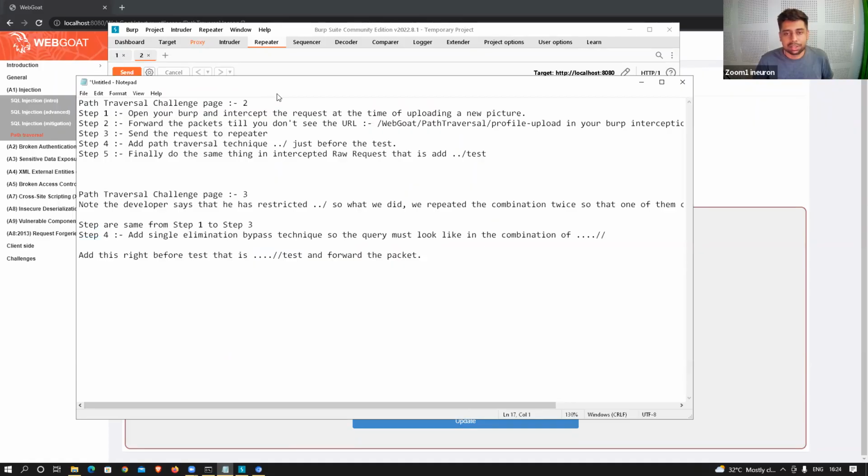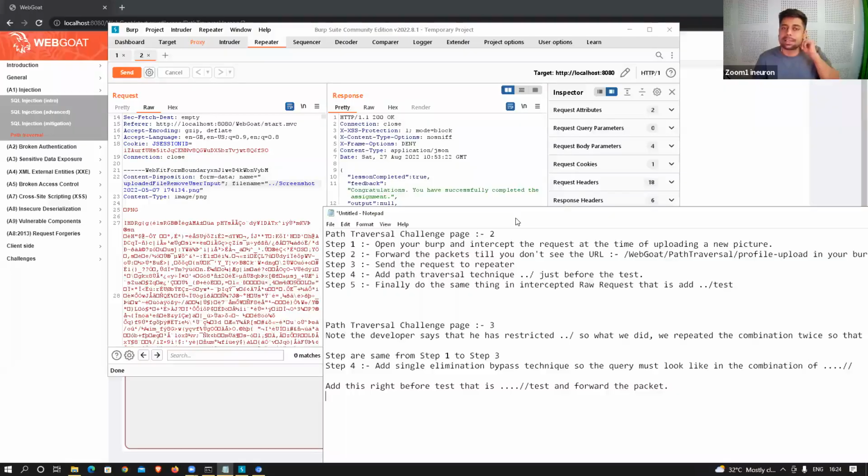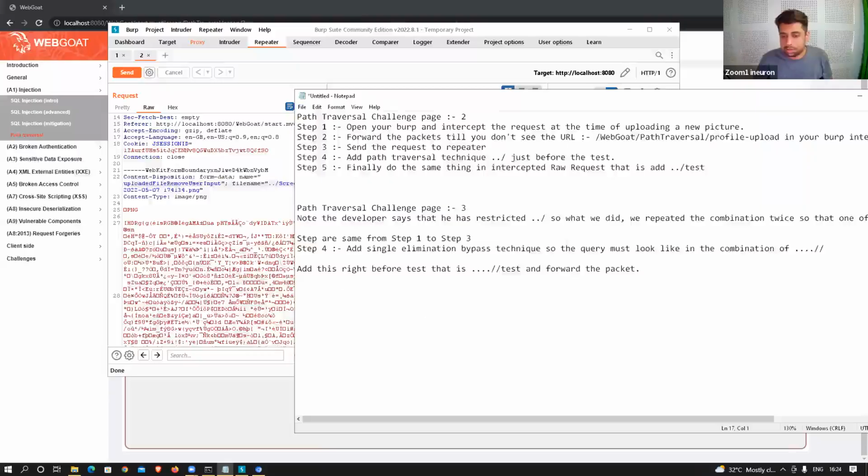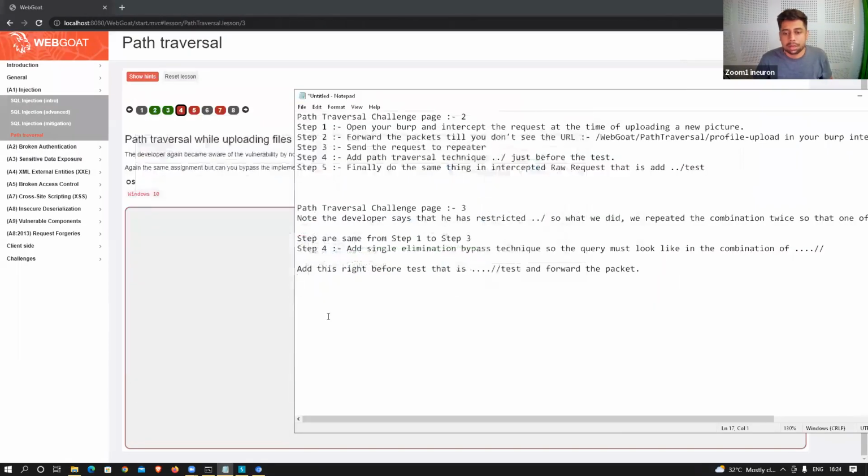Okay, so the path traversal challenge. This was super easy, since we have done some brainstorming on our previous two challenges, which is why it was super easy. Okay, so Path Traversal challenge number 4. I'm writing the reason here. Since the developer has only applied the filter on the first name only, we have bypassed it this time by